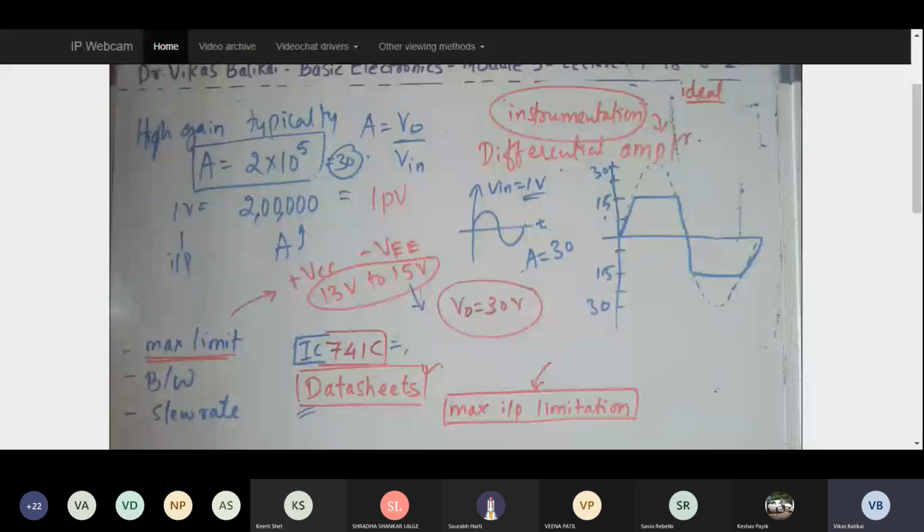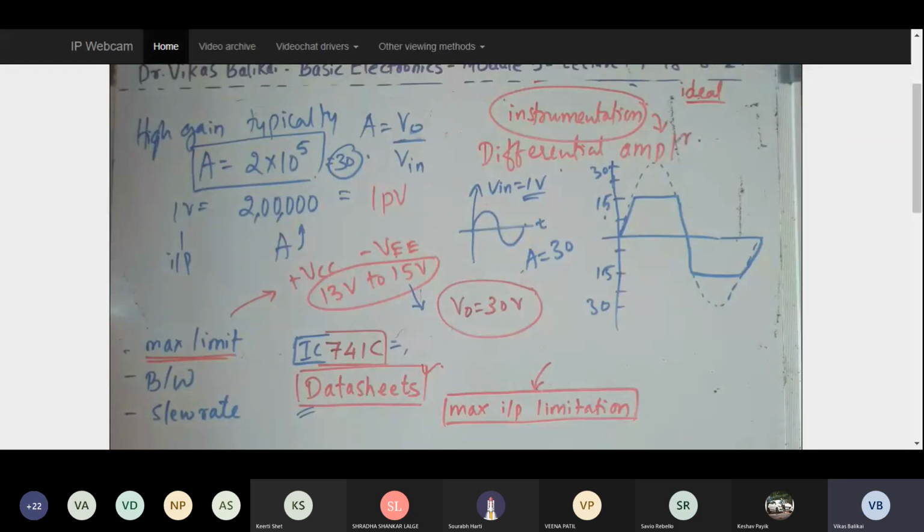And since those signals are of the order of microvolts or nanovolts, or sometimes in the range of picovolts, I require a very strong amplifier to amplify those input signals. And it is made possible with the help of a device known as an instrumentation amplifier. And in that instrumentation amplifier, I will have the operational amplifier as my main component. So this is all about the gain, its application, and the limitation with respect to the power supply.